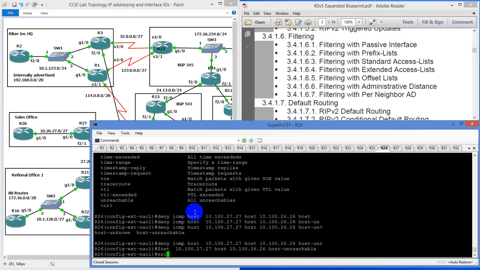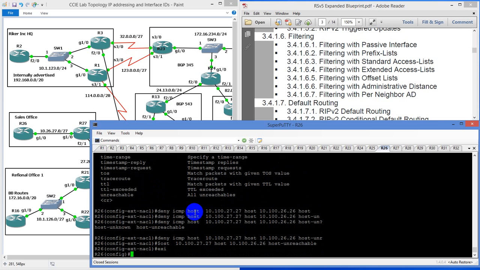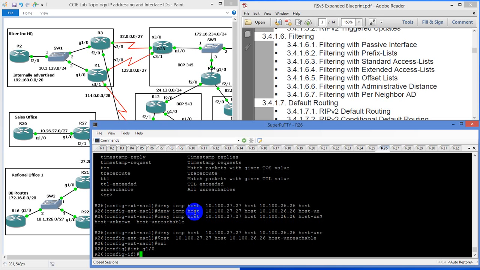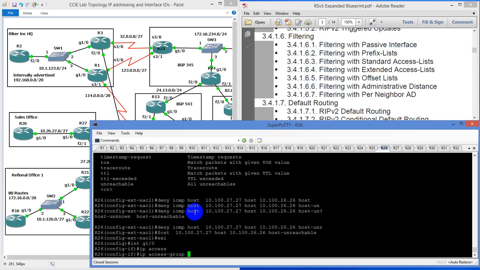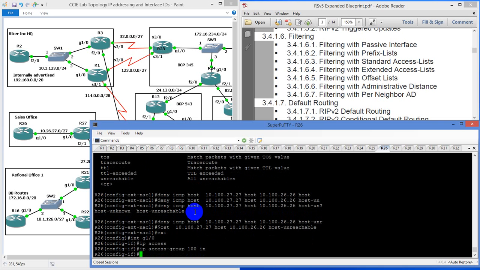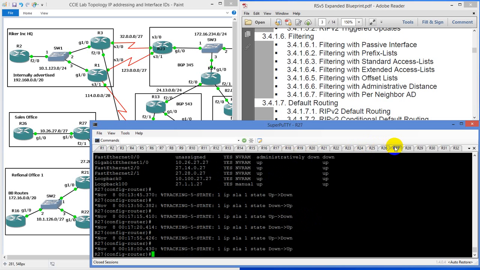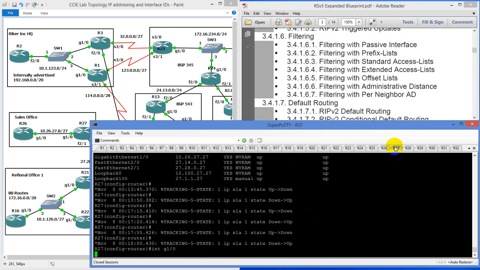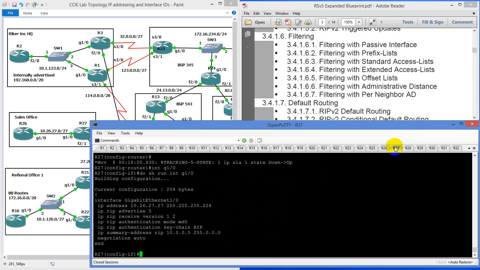And then you could specify this onto a distribute list if you wanted to. Or actually the better way to do this would be to go to the interface level and say IP access-group 100 in, so interface gig 1/0 IP access-group 100 in, and that would take care of that. So now if we were to take the summary route off of 27, so interface gig 1/0, show run interface gig 1/0. If I was to type the summary address and take this off